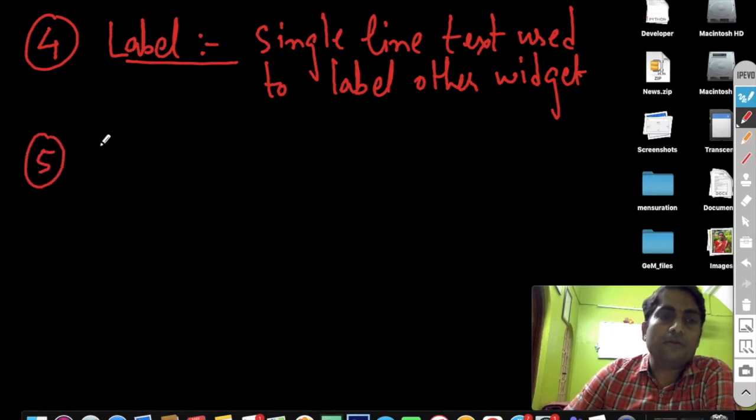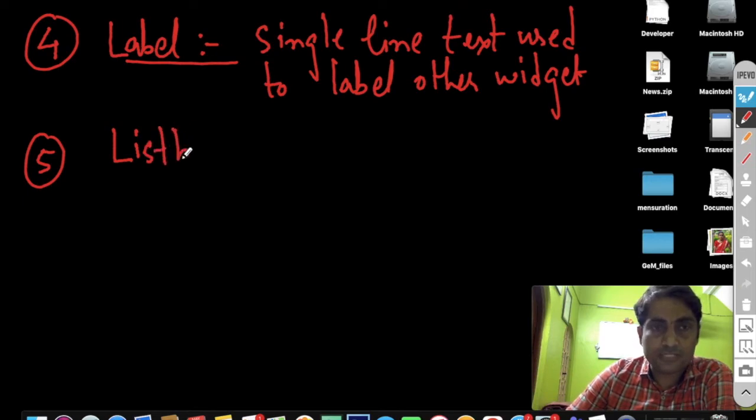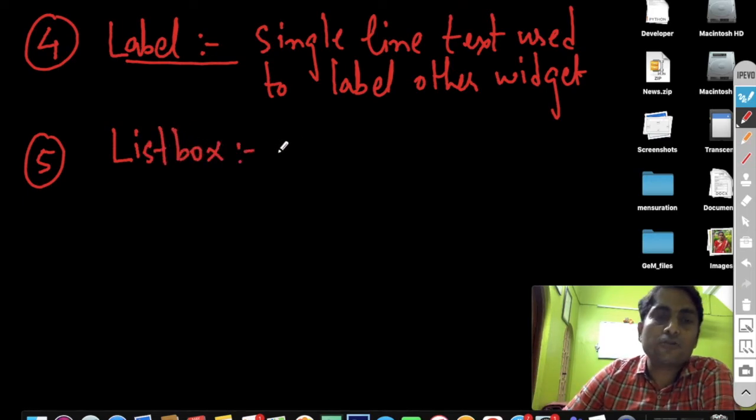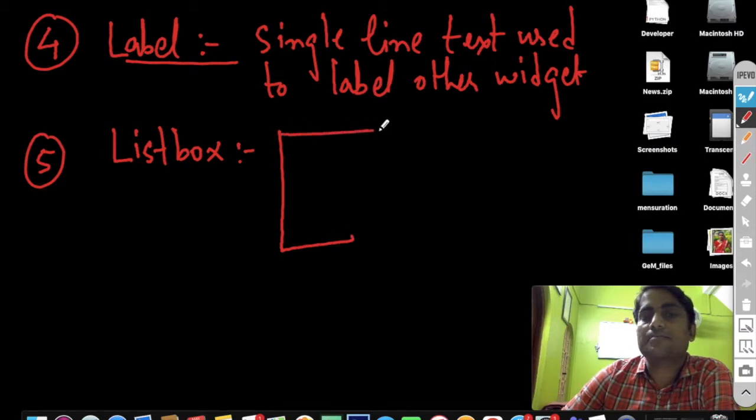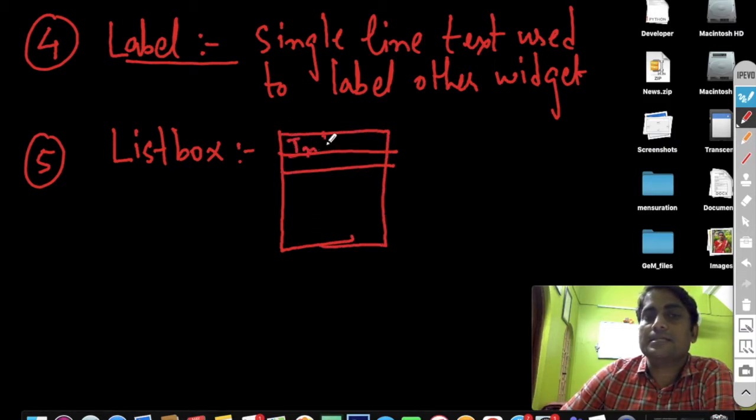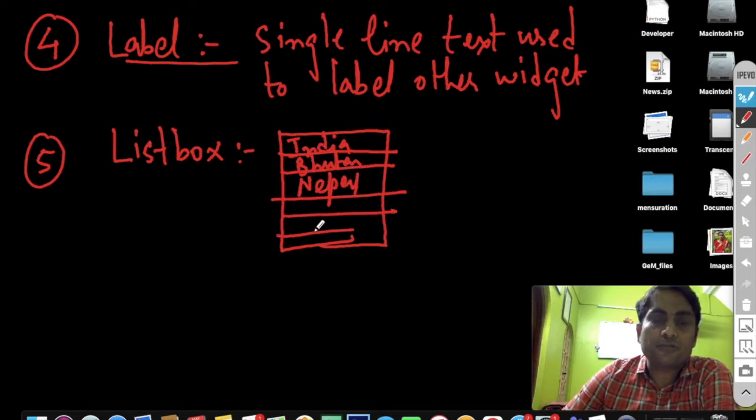So the label widget is there, and after that we have what is known as the list box widget. What does a list box widget look like? It looks something like this, where you have multiple options, say a list of countries: India, then Bhutan, and then Nepal, and out of these countries you can select a few of them.